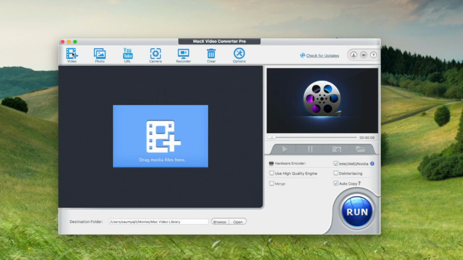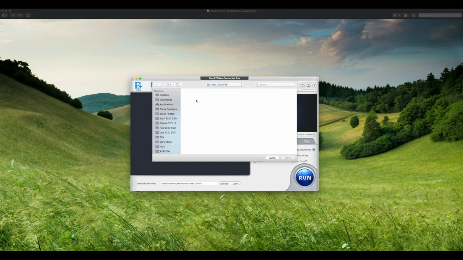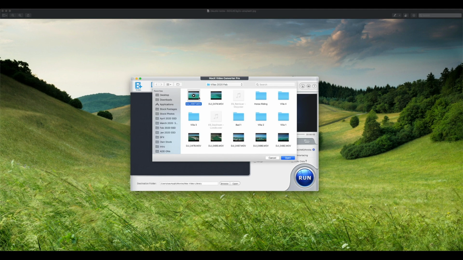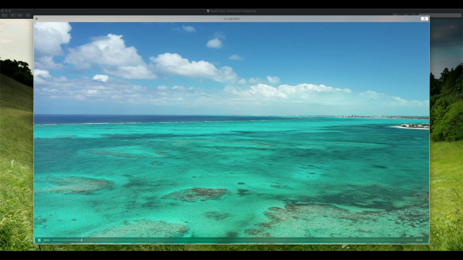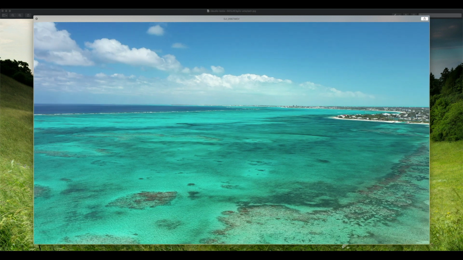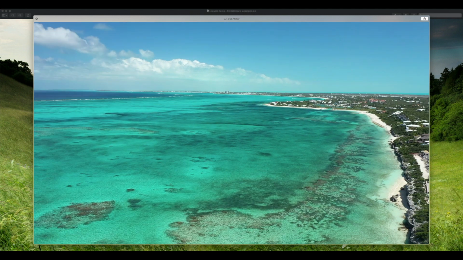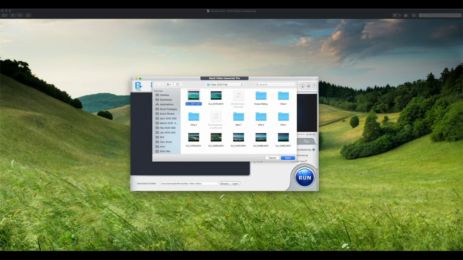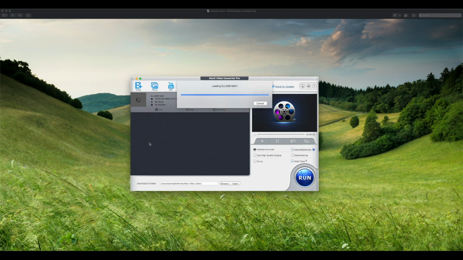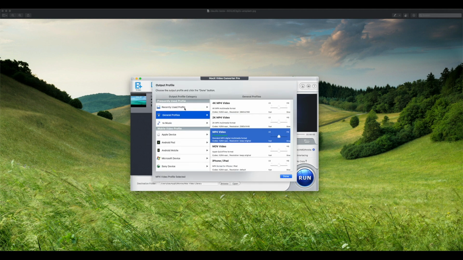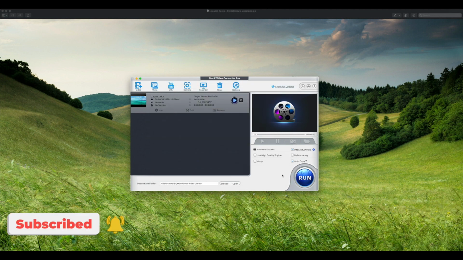Other than that, I'm going to show an example using this footage. I'm currently using my MacBook Air and I'm opening this software, and this is the footage which I'm going to see, and as you can see it is glitching a lot because my MacBook Air is not compatible with the HEVC format. So I have just chosen this clip, added it in, and I'm keeping it at the default setting. Of course you can play with the settings as well, but I'm going to keep it at default MP4 video, and all the settings are in default mode. Other than that, I'm going to just click on done and it is going to do the job.